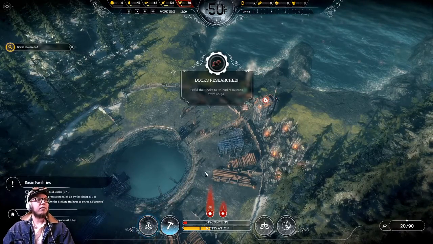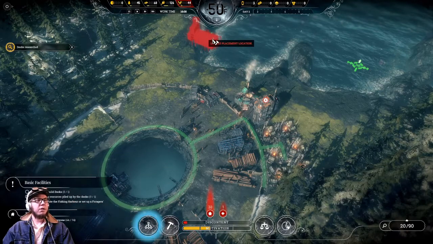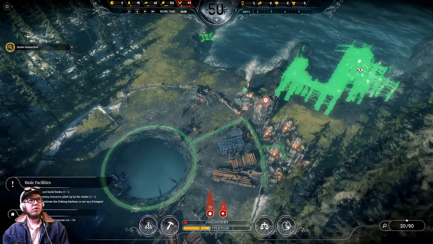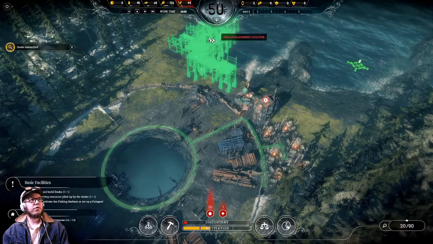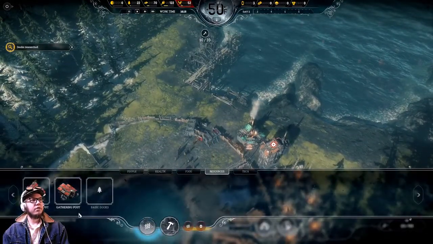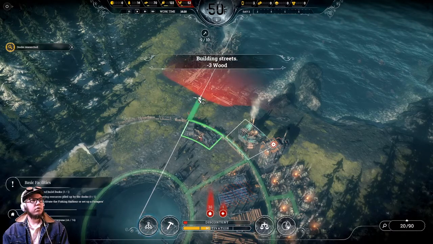Docks researched. Great. That's our next major step here. Ooh, these are specific points for the docks. Right here. I've been picturing them here, so let's see how that goes. So we need a way to get there, right? Doesn't seem to be snapping into place here, so maybe there's something I'm missing, but...